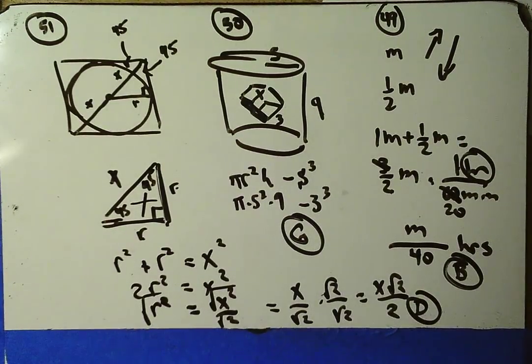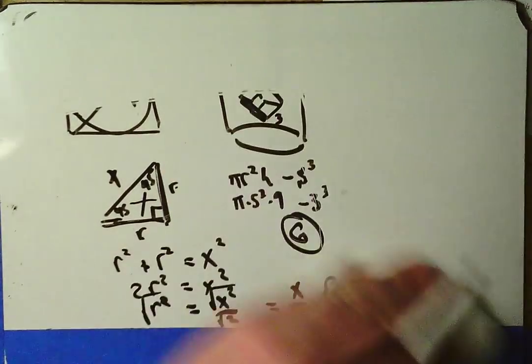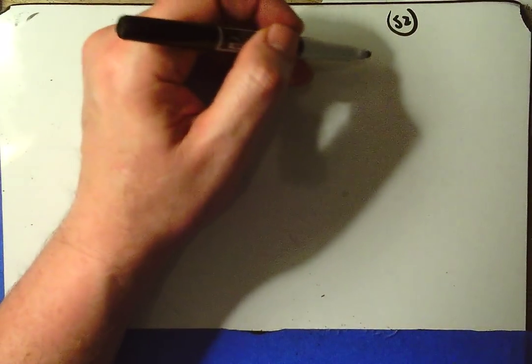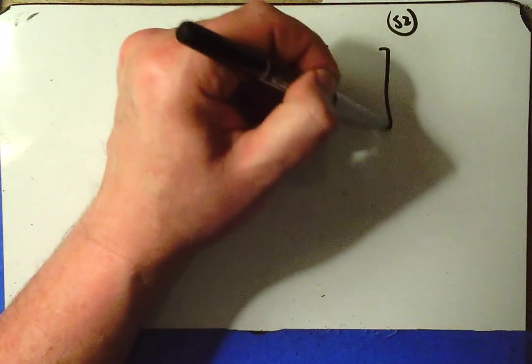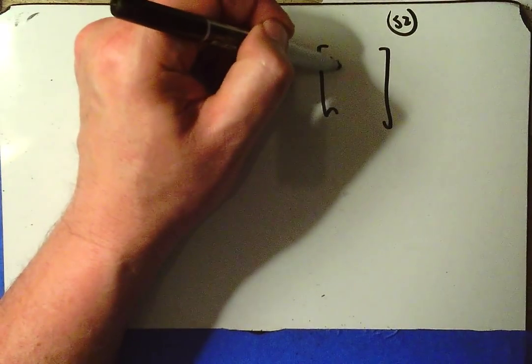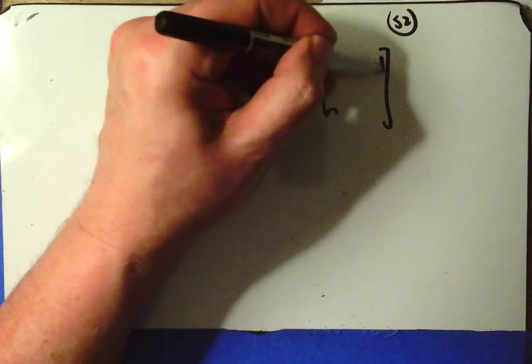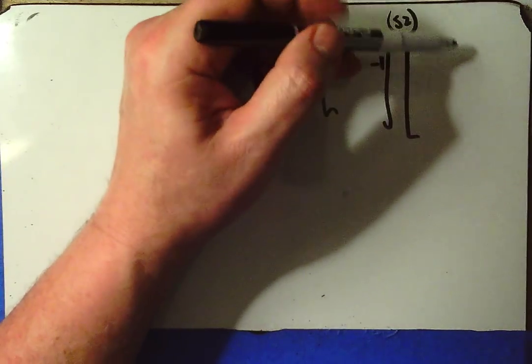I had to be pretty comfortable with my right triangle geometry for this problem and my Pythagorean theorem. Okay, let's take a look at number 52. 52 says, what's the value of A that makes the equation above? Well, I know that when I'm multiplying matrices, the first matrix provides a row, and the second matrix provides a column,